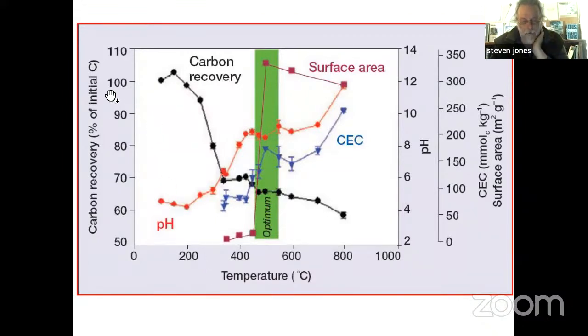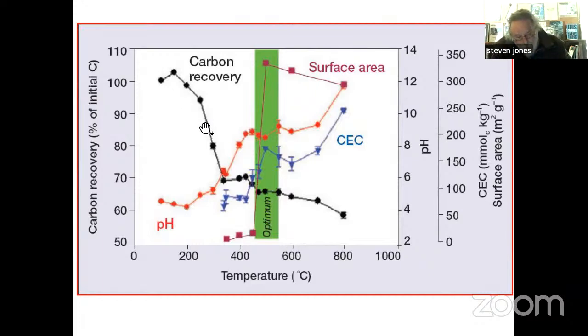As we burn our fuel, some of the carbon in that fuel is obviously going to get combusted. It's going to be consumed in the process. What this is saying is, for some reason, it goes up a little bit as we get to 200 degrees centigrade. And then the potential carbon to be recovered drops because some of it gets burnt. But when we get to the optimum zone, in this green area between about 500 and 550 degrees centigrade,